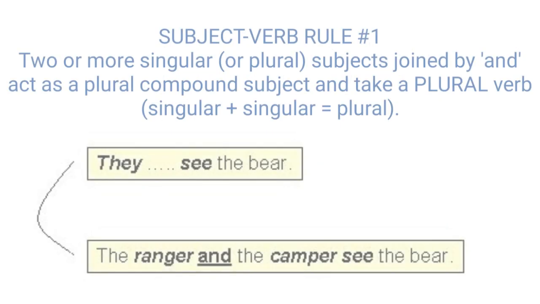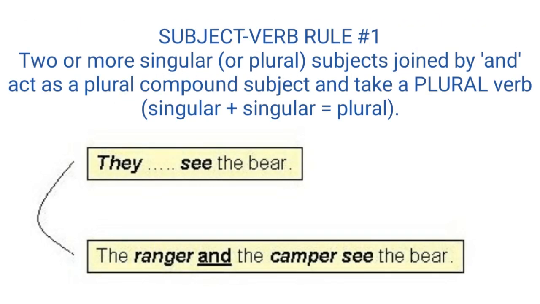Okay. The next one, subject-verb rule 1. There are some rules to be followed, and the basic rule is the thing which we said at the start. That means while the subject is singular, we should use a singular verb. If the subject is plural, we should use a verb in plural form. Then two or more singular or plural subjects joined by and act as a plural compound subject and take a plural verb. Don't be confused by hearing all of that. In some sentences, we can see more than one subject. Okay, so you'll be thinking, what should we do in such cases? About that we discuss here.